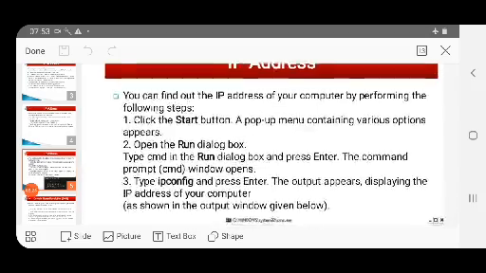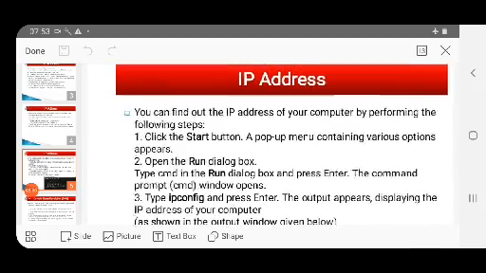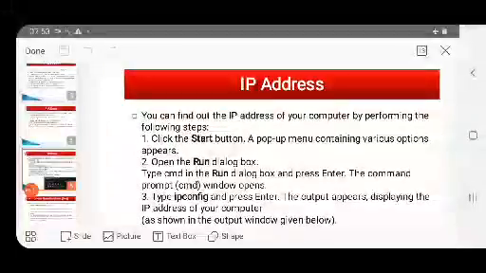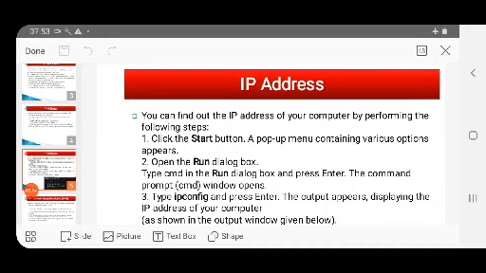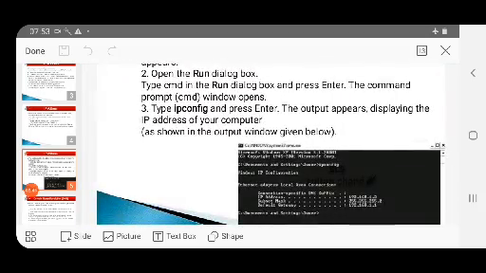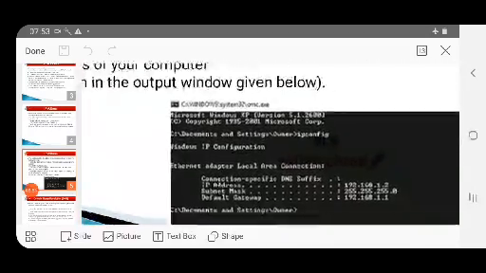Now moving to next, how to find out the IP address of your computer. What you will do, you will go to the start menu button of your computer, click on the run dialog box and write CMD, and there you will get this black console, the command prompt, and there you have to just write ipconfig.